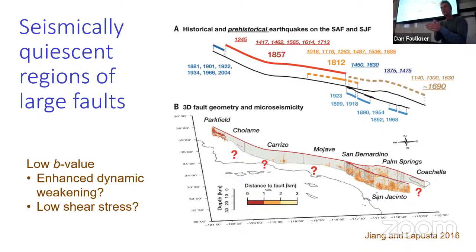But the point is that we don't need to critically stress that fault. We just have to have enough pre-stress on there, which might be quite a bit lower than the failure stress. All we need to do is nucleate an earthquake to the south or to the north. And if the stress conditions are right, it will rupture through this critically understressed part of the fault zone and produce a big earthquake.